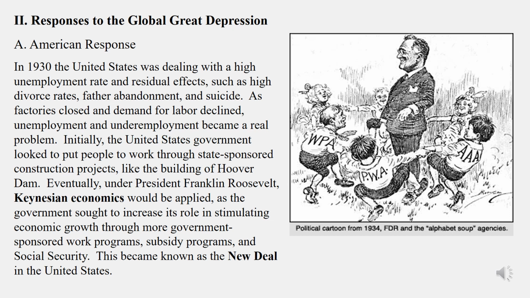Additionally, the PWA, or the Public Works Administration, was created in order to employ people in the construction of large public works, such as dikes, dams, irrigation systems, bridges, hospitals, and schools. You can also see one titled AAA, which stood for the Agricultural Adjustment Administration. This program was passed in tandem with the Agricultural Adjustment Act, which sought to subsidize farmers who had overproduced products. In essence, farmers were paid by the federal government to not work or produce so as to combat overproduction and